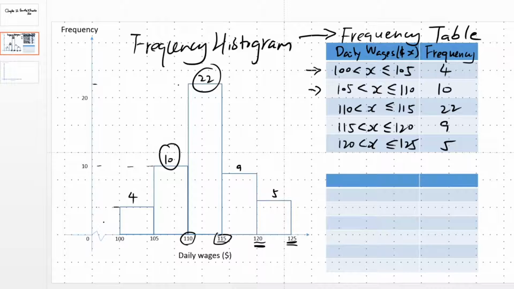Okay, you're supposed to know how to convert from frequency histogram to frequency table, and you also need to know how to do the reverse. Okay, meaning how do you get the frequency table to a frequency histogram? All right, so now you probably have seen I have one more table here, right? So I'm going to do the